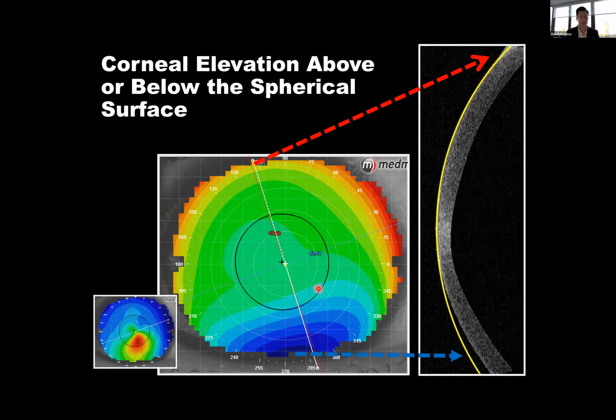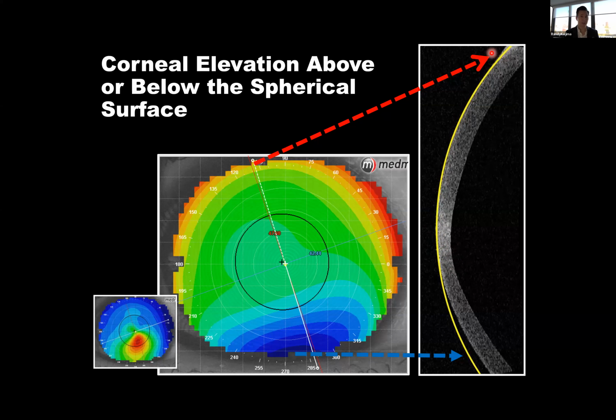Well, to understand the elevation map, it's kind of tricky for most of us, especially when we're starting out with understanding topography. And what the elevation map does is it places a sphere, a best fit sphere, meaning a radius that's closest to the radius of the entire cornea. And it's going to align that radius to the anterior surface. So you see the yellow line here would be our best fit sphere. We're going to align it to the center of the cornea and then observe wherever the tissue is on the